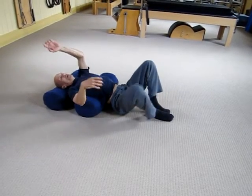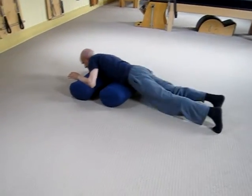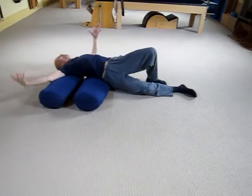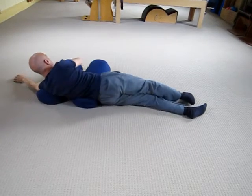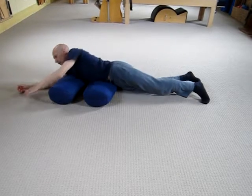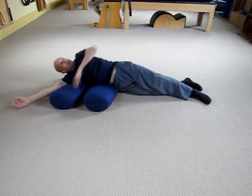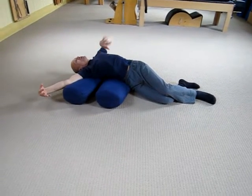Now from here, what we can do is explore using gravity again. So we've used gravity in this frontal opening position. We can also start to use gravity working sideways on the body and face down on the body. So again, if we like to just get used to that position, like we did when we first lay down,